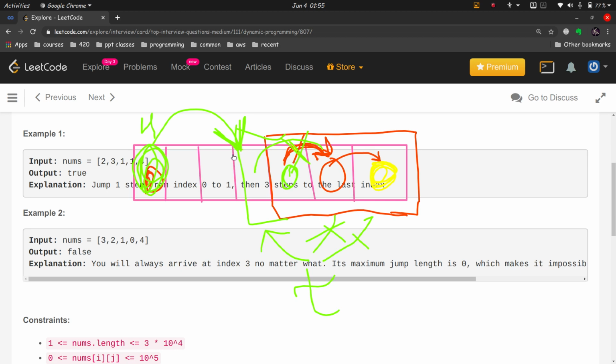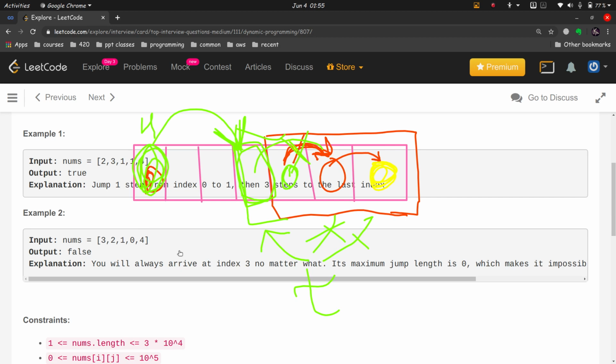But as soon as the target comes in the range of the start variable, the first index, we don't have to worry about the other points, we can just end the program there and say that yes, we can reach the end. Our output is going to be a boolean true or false. We don't have to count the number of steps, we don't have to find the optimized solution, the minimum number of steps, nothing like that. We just have to print true or false. That does make the problem really simple.